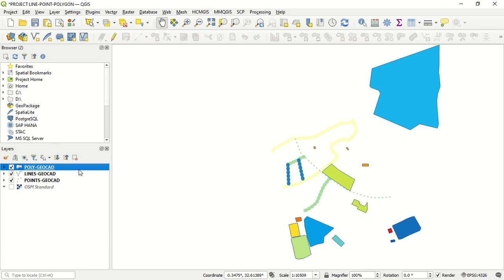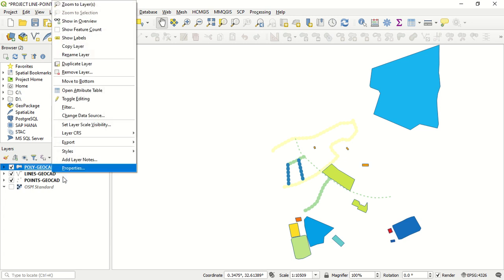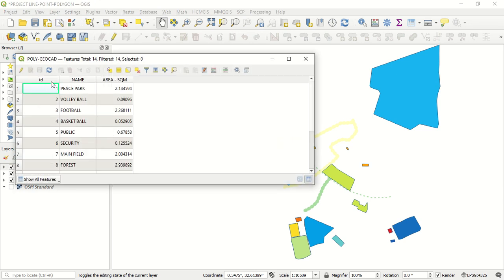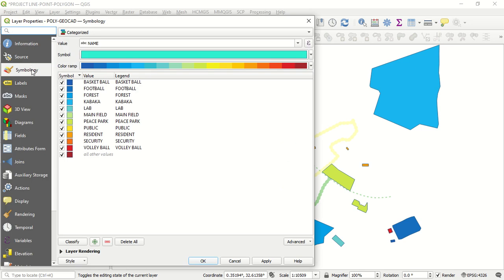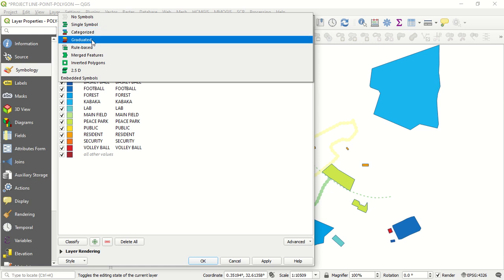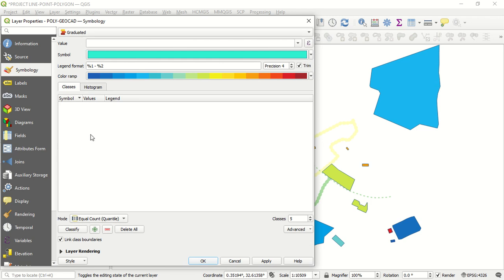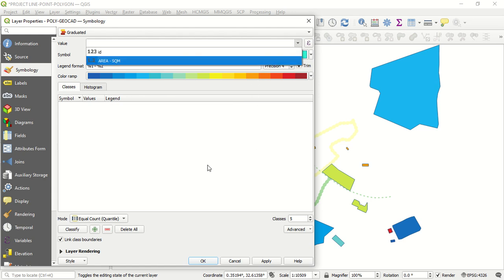So to start with, let me start with our polygon layer here. I right click on it, open the attribute table. We see we still have our normal previous fields. Close it, right click again, properties, then under symbology. So we have categorized, so I change them to graduated symbols. Graduated is still almost the same as categorized, because we are also relying on the fields within